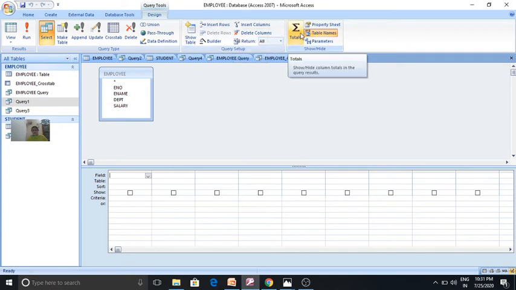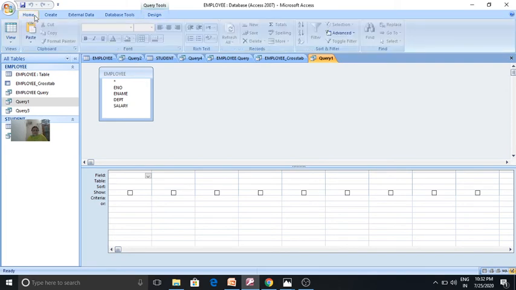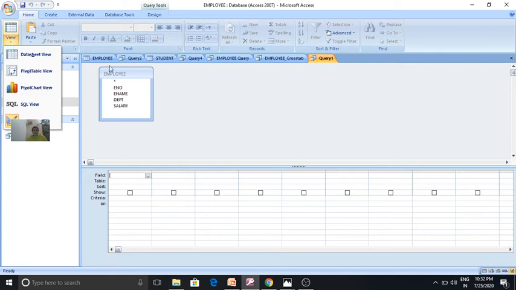Totaling, to get the total of the values, you can click on this one, summation, total. Okay, now we'll see under the home tab. Under the home tab there are the views group, clipboard group, font group, rich text, records, sort and filter group, and find group. So views, different types of view we have seen here already.